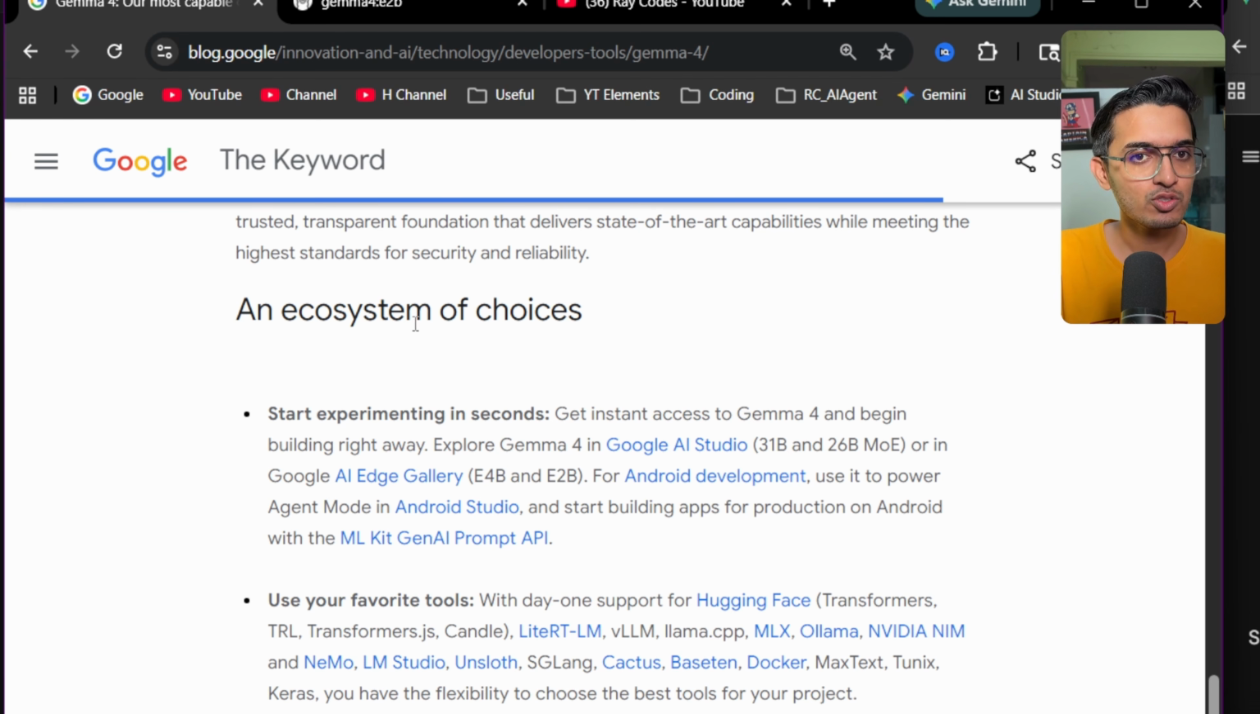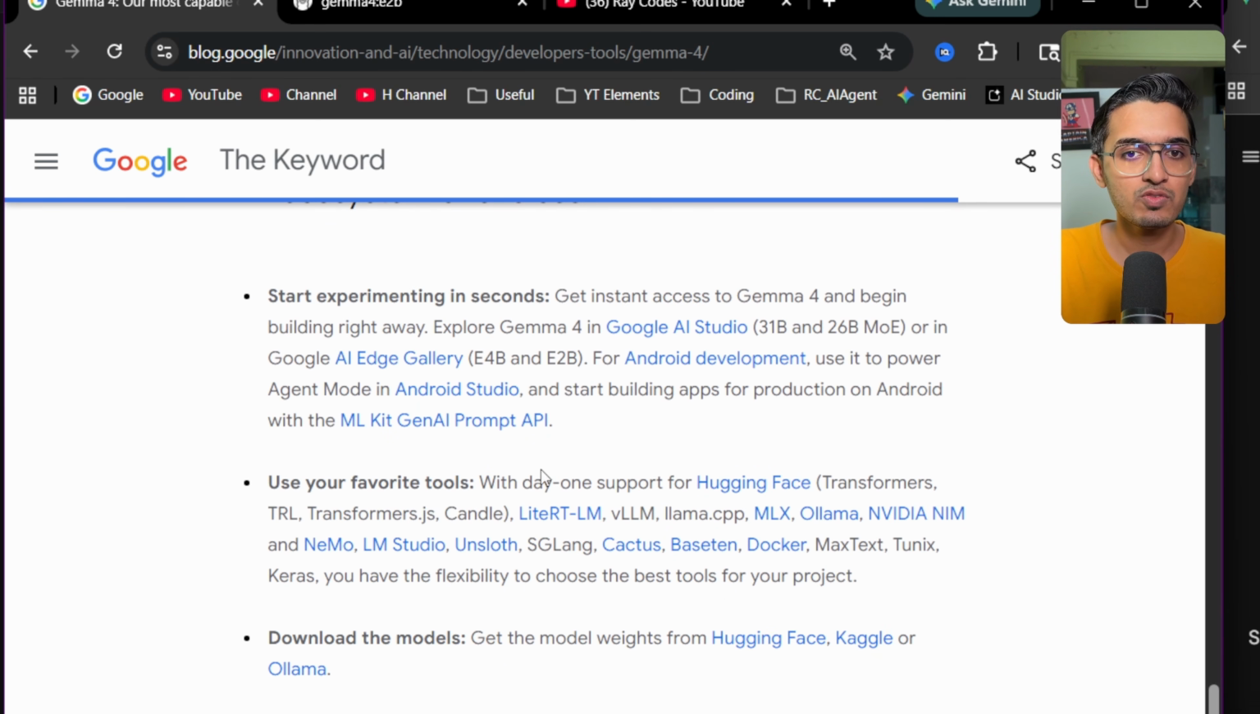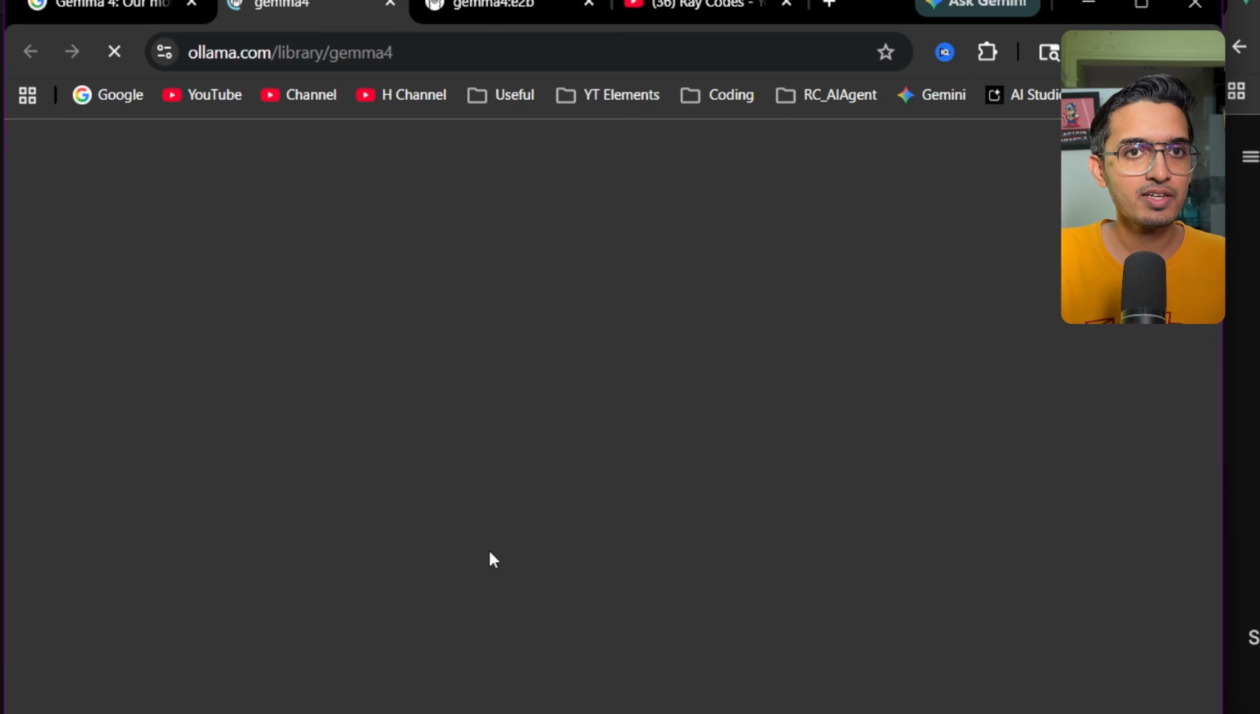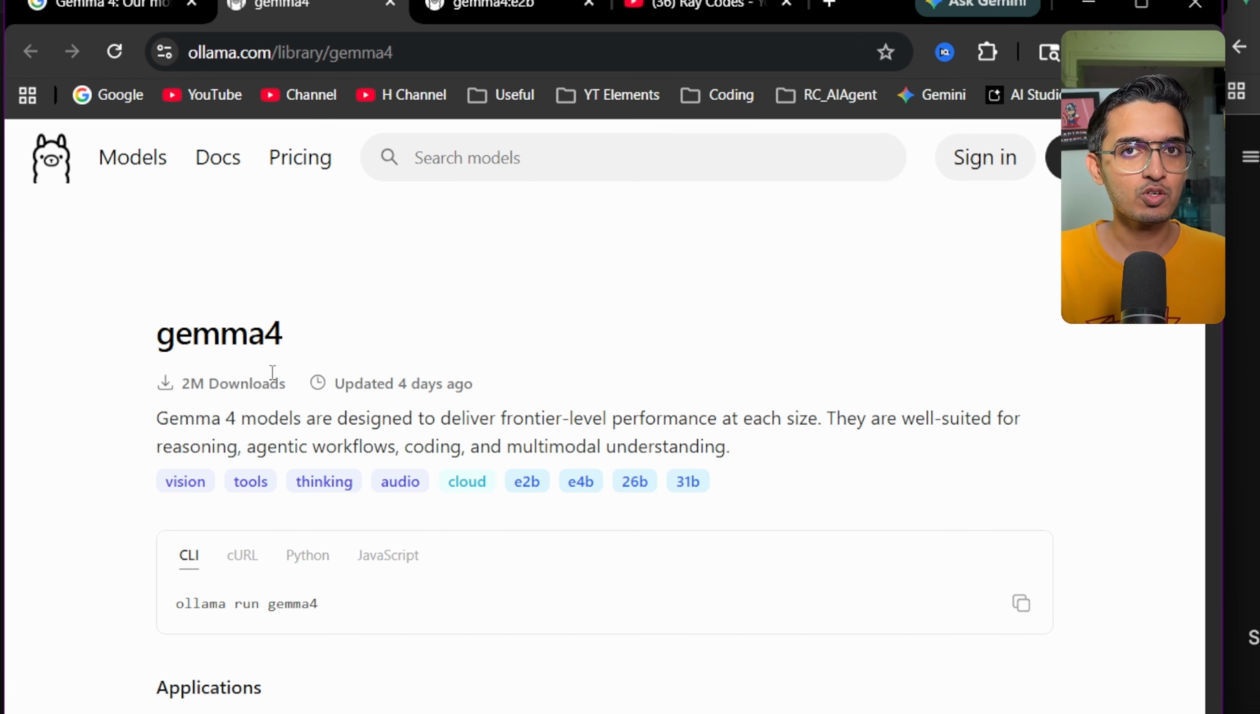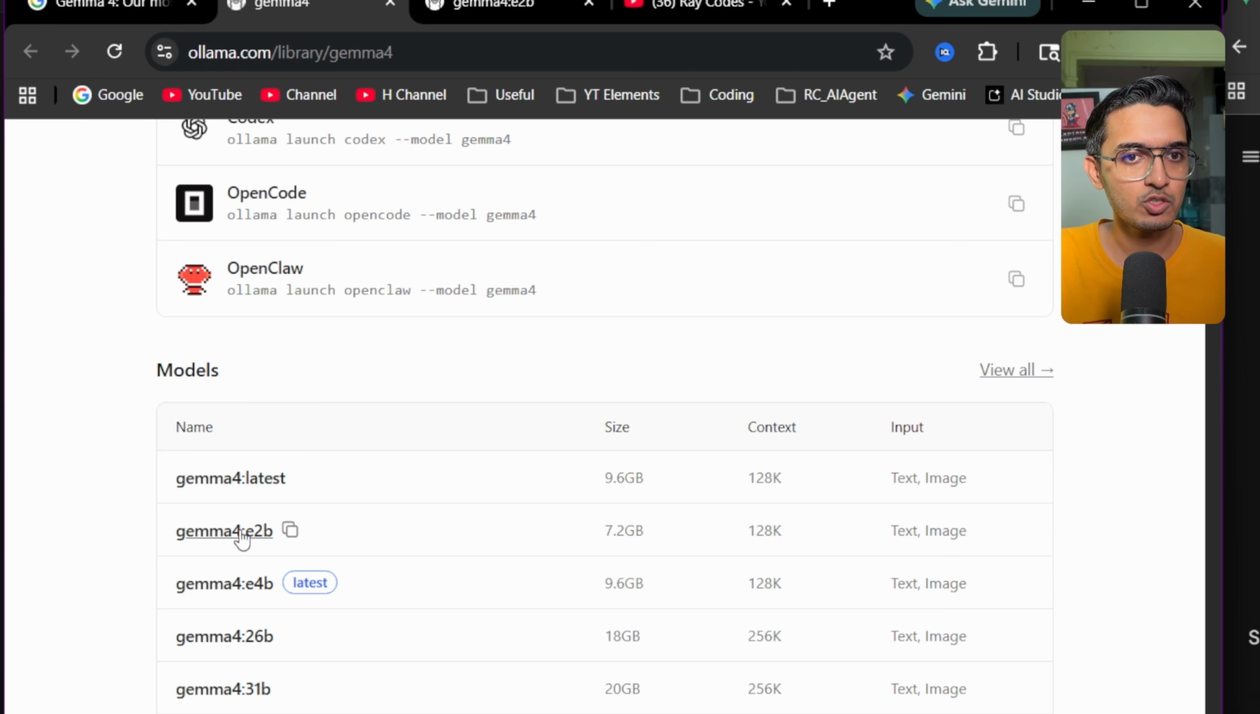The official blog also talks about the ecosystem of choices, so you can start experimenting with these models using online tools like Google AI Studio, or you can download these models using any of these libraries. For this project, I'm going to use the Ollama library. So just click on this link and you'll be redirected to the Llama 4 page of the Ollama blog. If you don't have Ollama installed, just go to this download button and get it installed. Here you'll also see the 4 different versions available, so scroll down, select the E2B version, and then